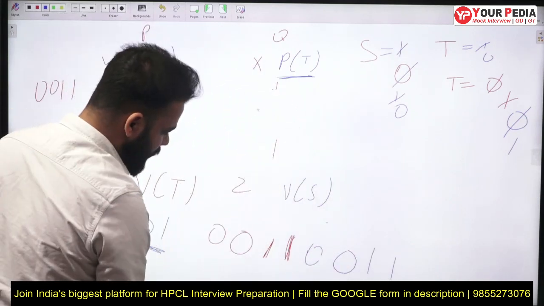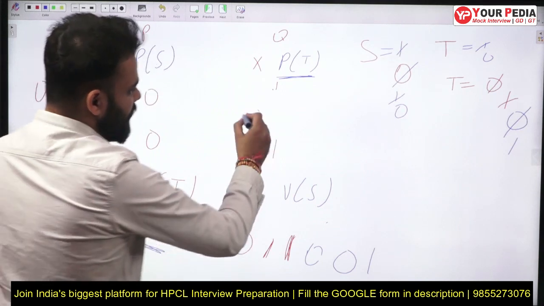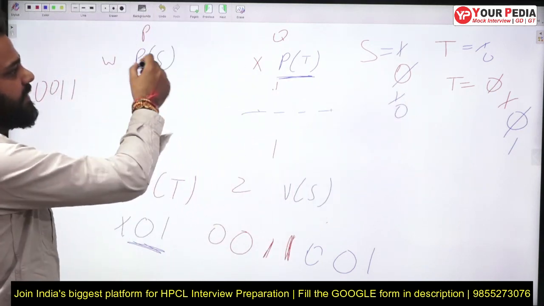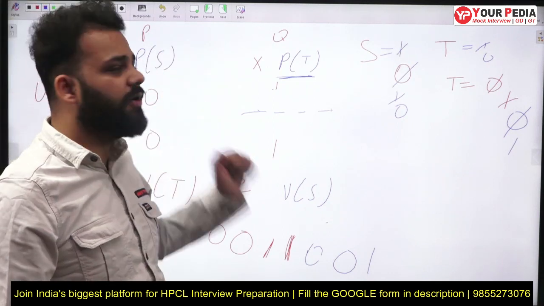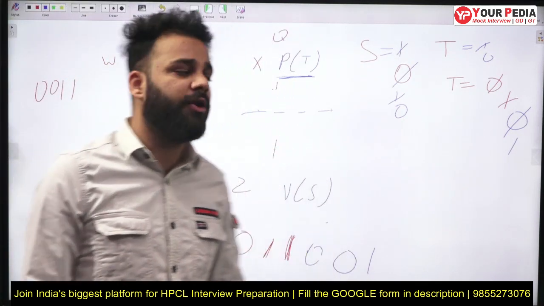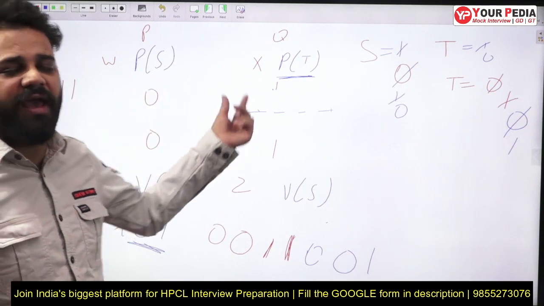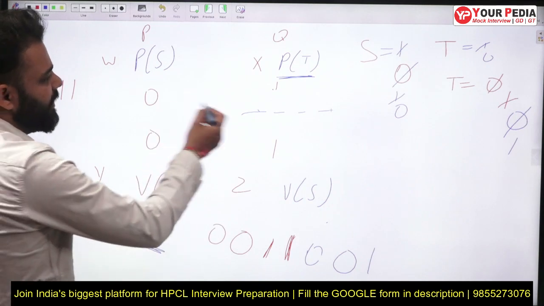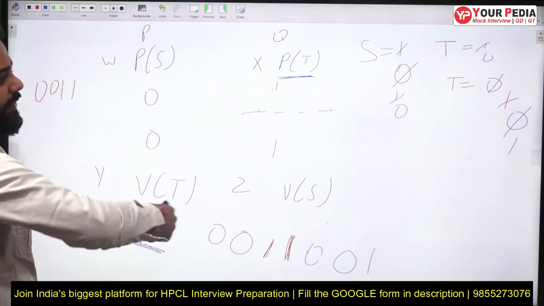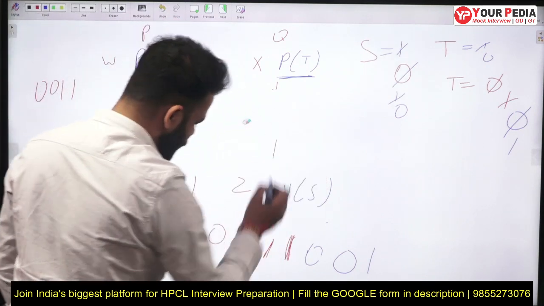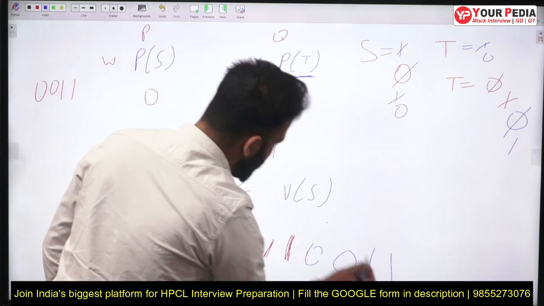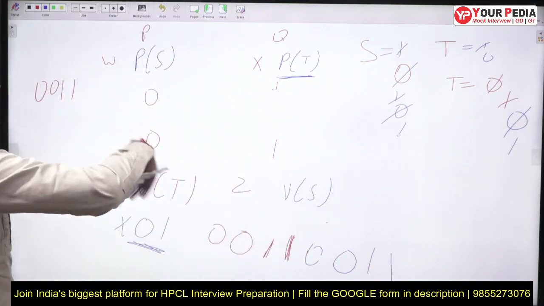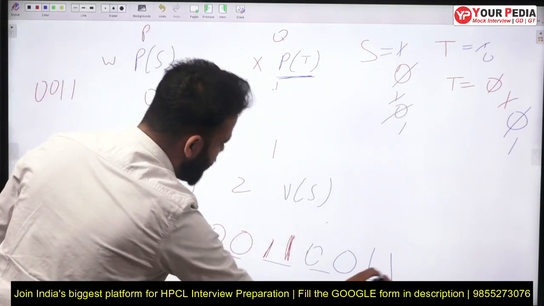If you try to preempt here at this point, the value of S was changed in the previous segment by this P of S. So the value of S is 0, and if you try to put the down operation on S when the binary semaphore S value is 0, it will be unsuccessful. So you will not be able to preempt and run this. Again, preemption has failed. You will be forced to go further. Now you will print 1 here, and again S will be changed to 1, and it will go on like this: 0 0 1 1 0 0 1 1.